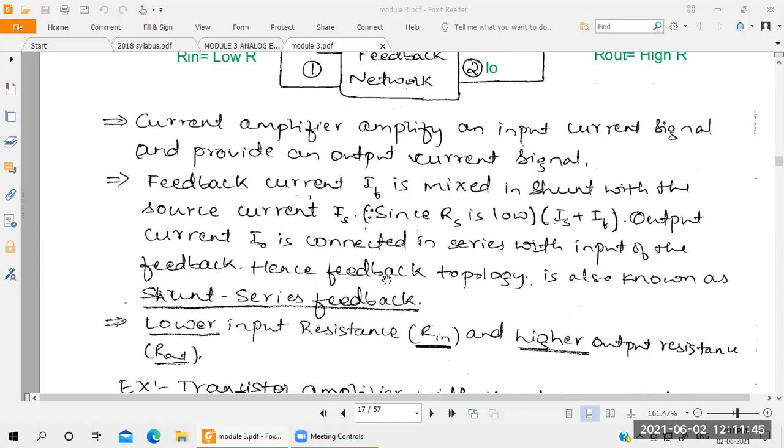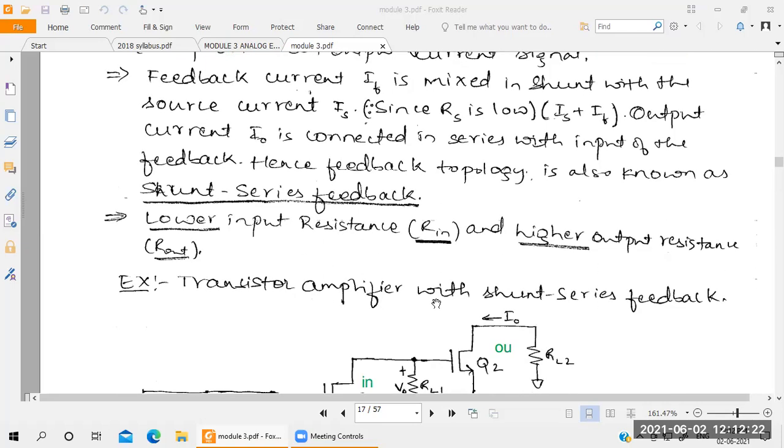Next, when you come to the arrangement here, you always have to maintain lower input resistance and higher output resistance for the current amplifier. Understood? If you design any current amplifier, you always have to maintain lower input resistance and higher output resistance. That is the condition. In the voltage amplifier, what are you going to do? Higher input resistance and lower output resistance, right? But here it is reverse because this is current. So you take the reverse. Your resistance is inversely proportional to current. That's why you take lower input resistance and higher output resistance. Understood?